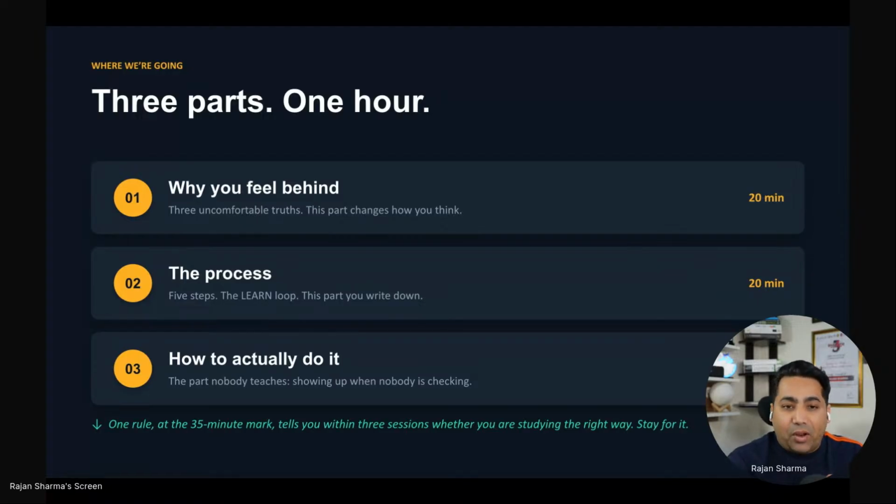Once we understand the problem, the next phase is the process we need to pick to actually understand how you can learn a technology in the right way. And the third is, once we understand the process, how it is actually going to work for you, which is personalized: a memory map which helps you understand how you can execute it well.